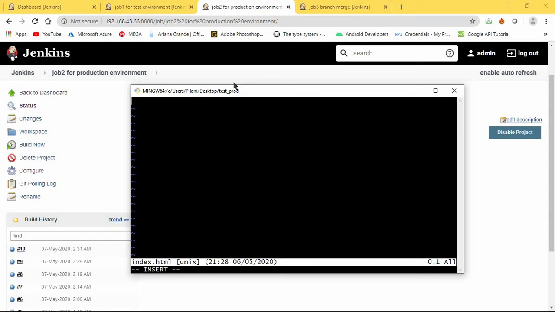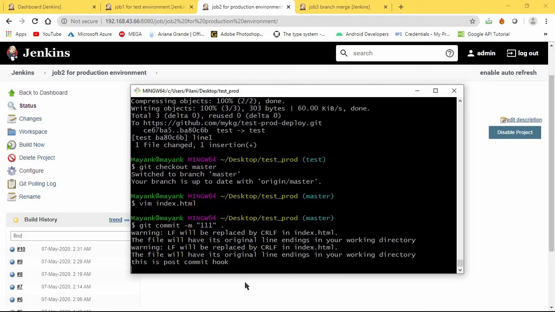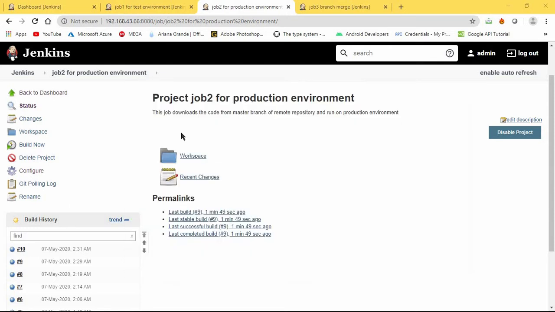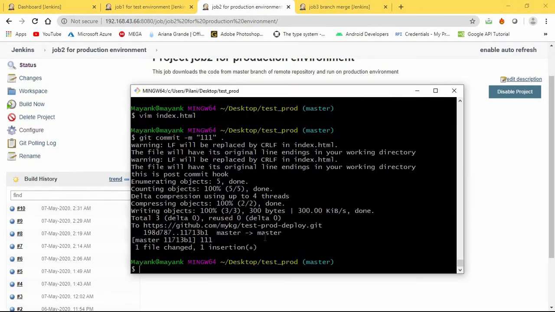the master branch, in this also there is nothing. So if I write something and commit the changes, this job 2 should also detect some changes on GitHub and it will also trigger them.